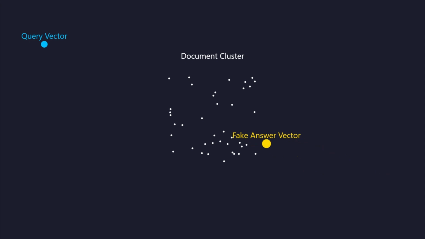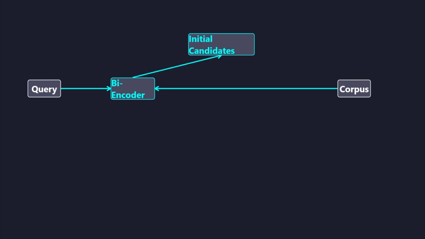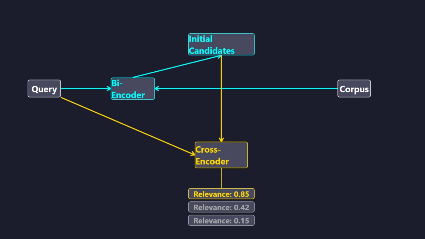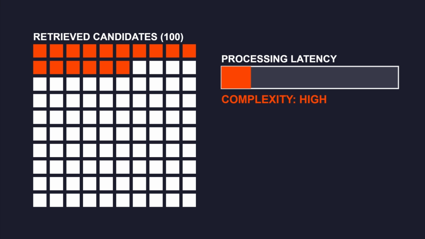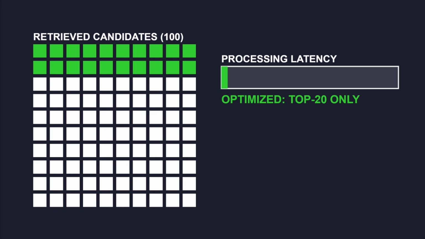The system then embeds this fake answer and uses it as the search vector, because a document is semantically closer to another document than to a short question. Bi-encoders produce vectors for fast initial retrieval, but they lose context between the query and document. A cross-encoder takes the top results and the query together to calculate a highly precise relevance score, discarding any low-quality matches. Re-ranking adds significant latency because it requires a more complex model to process every retrieved candidate. Systems typically limit re-ranking to the top 20 or 50 documents to maintain a fast user experience while maximizing final